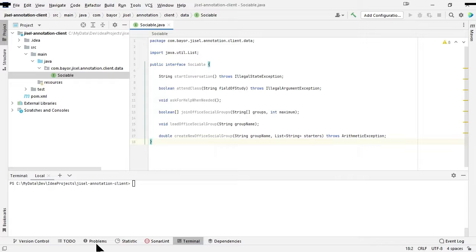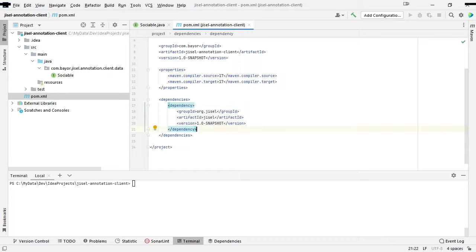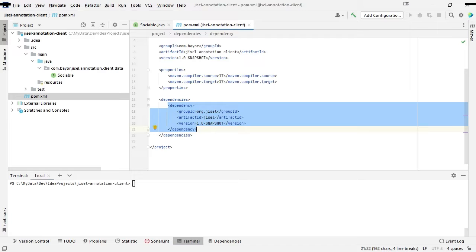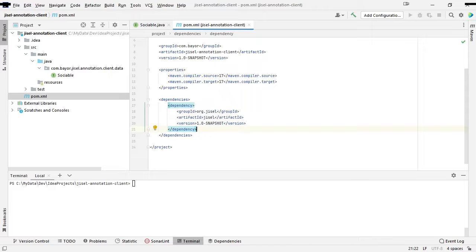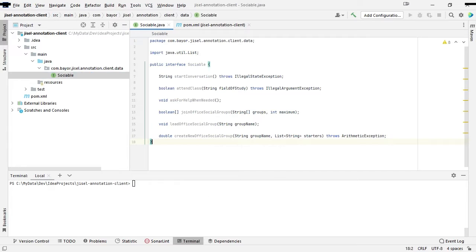The library is added to our project through a Maven dependency here, as we do with any other library. And as I mentioned, some annotations will be provided by the library so that you can use them to specify which methods go to which profiles.